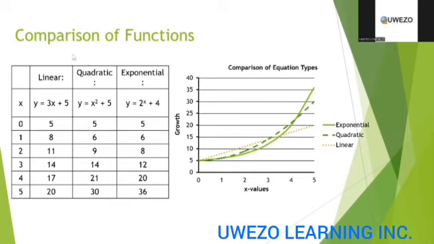So far, we understood that the graph of a linear function would be a straight line, and the general form would be y equal to ax plus b. The quadratic function is a degree 2 function, and the graph is a parabola. The general form of an exponential function would be a b to the power x, and the graph simply would be a